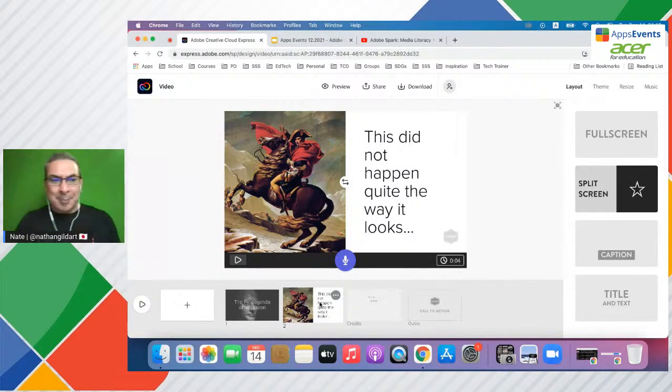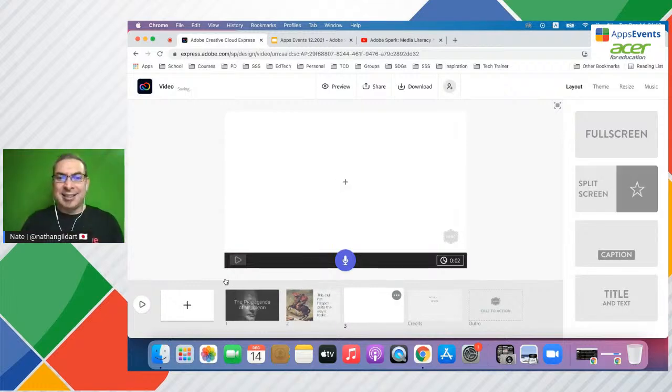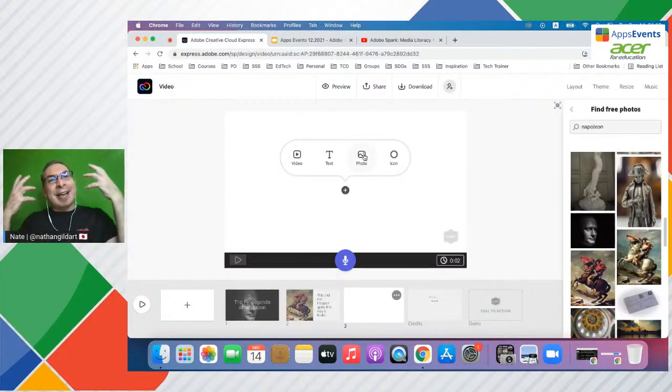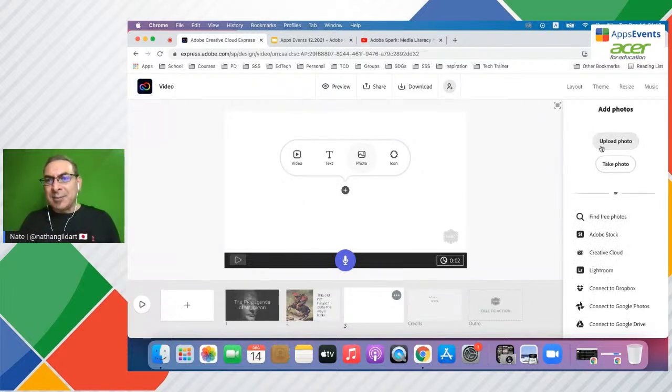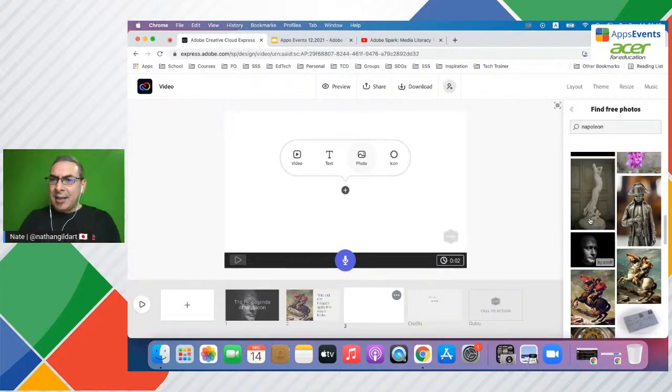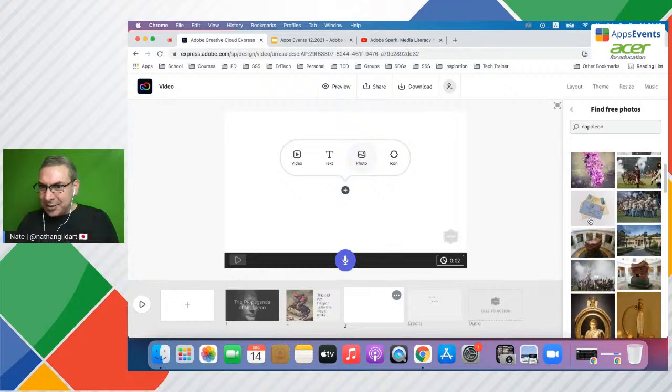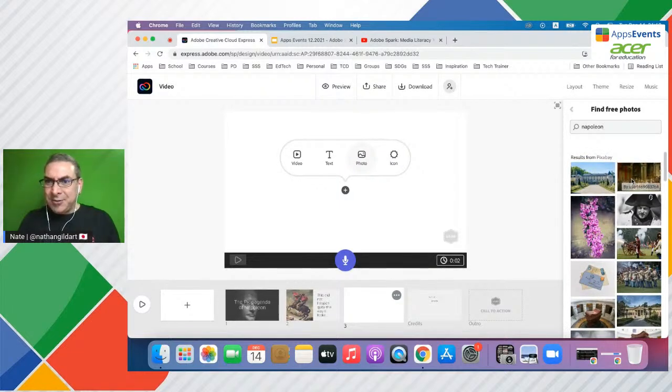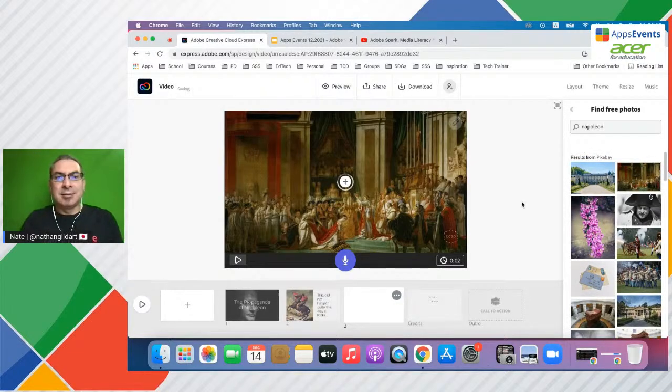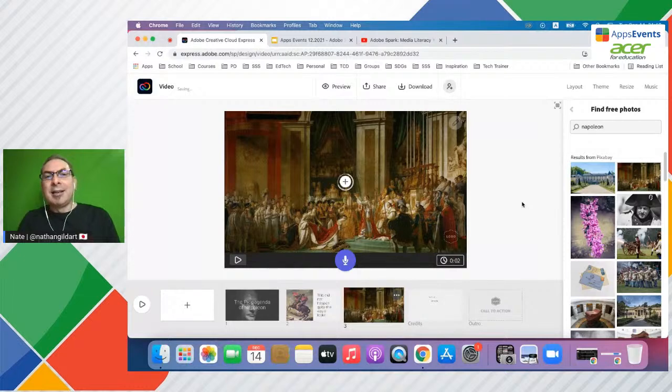Now I'm going to add another one. And I'm going to go over here and just click my plus and notice that it puts things in nicely, right? So I'm going to go right back to my photos. Note I have a plan in my head. I'm going to put my photos in first, and then I'm going to go back. And I know here's the coronation of Josephine. I'll wait for that to load. And then I'm going to add some text to this one. I want the full screen for this one.